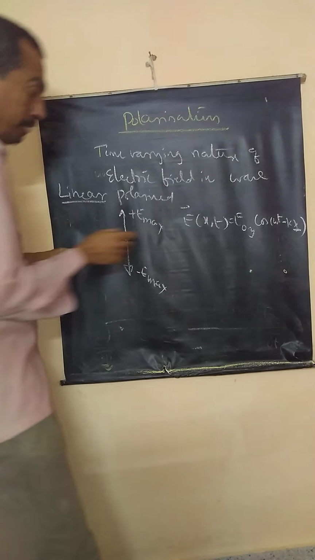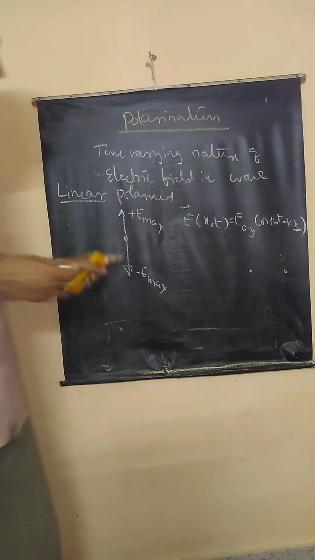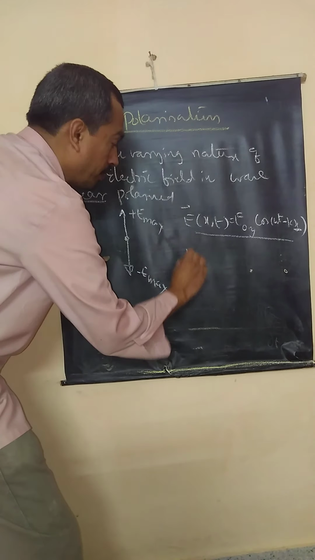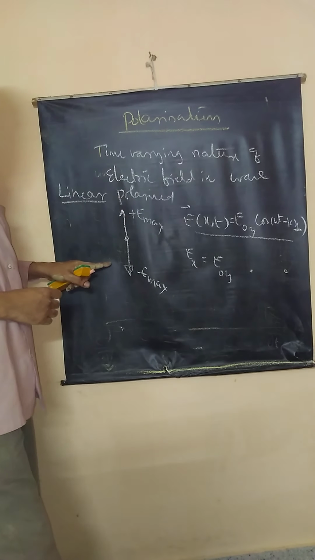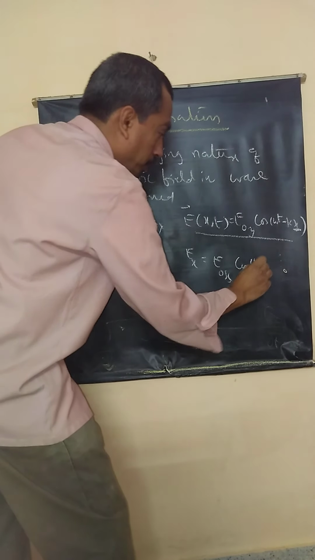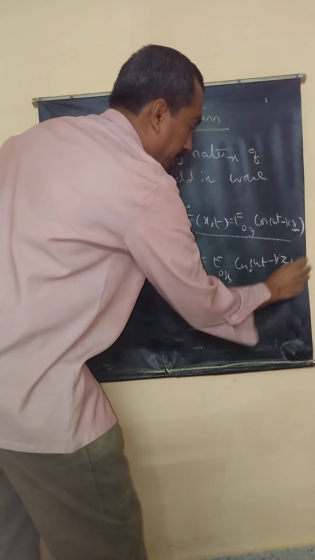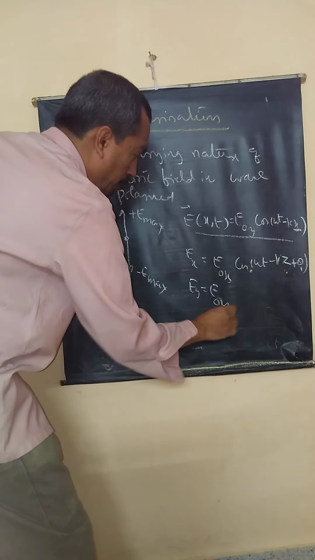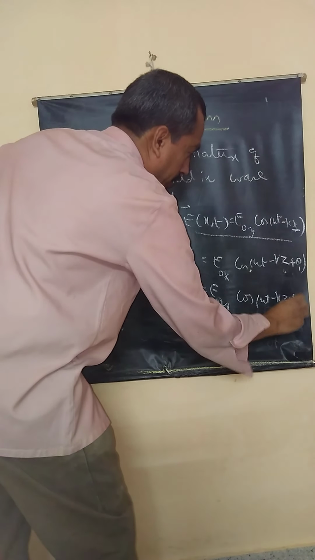Now, if electric field has to remain in the same direction like this, if it has to vary in a linear manner, then we can explain it mathematically by resolving this into two components, x and y components. See here, Ex of t, Ex is equal to E naught x into cos of (omega t minus kz plus theta 1). It is moving along the z-axis. Okay, theta 1. Let the y component be E naught y cos of (omega t minus kz plus theta 2).